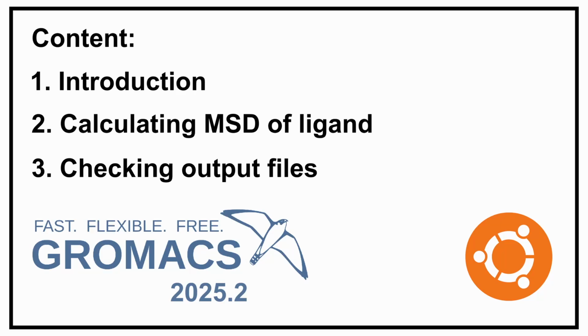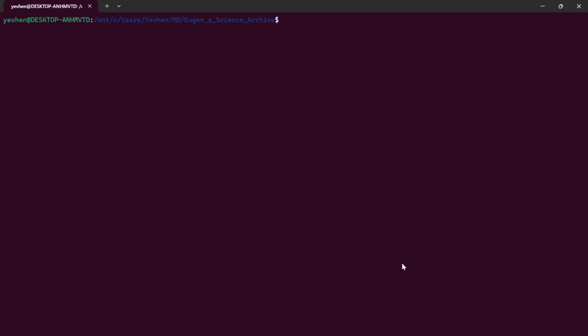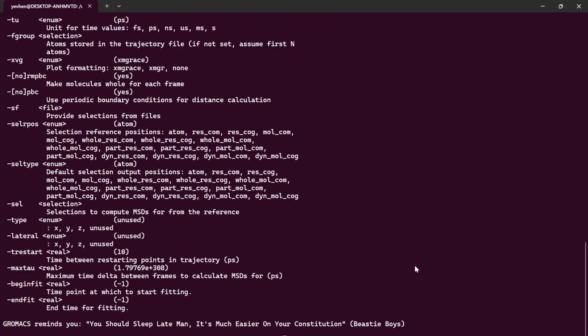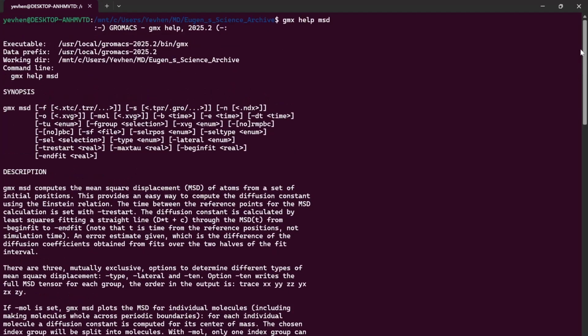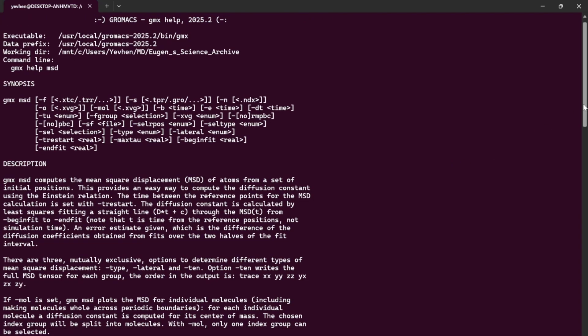Hello, in this video I explain how to calculate the mean squared displacement of atoms in your trajectory. This is most useful when studying the diffusion of particles under various conditions. However, you can analyze the mean squared displacement of any index group in your trajectory. Here I will analyze the mean squared displacement of the atoms of one of my ligands, but you can apply